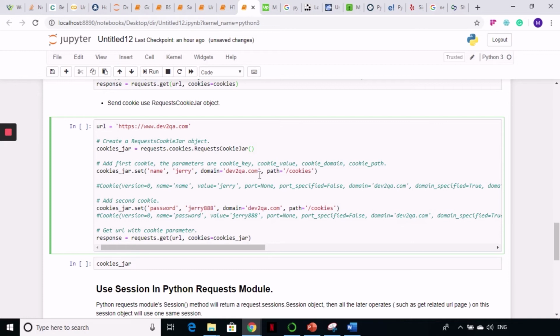The cookie jar's .set method will set this cookie for us. Then again, I'm creating another cookie the same way with .set, and this time my cookie key is the password, the value is Jerry888, and the domain remains the same. The path remains the same, so I have created two cookies here using the cookiejar.set method. So now again I will send this cookie back, calling requests.get with the URL. I am passing the URL, and this time for cookies I am passing my cookie jar, and I will send this back to the website. So whenever you hit that website again and again, you can keep sending